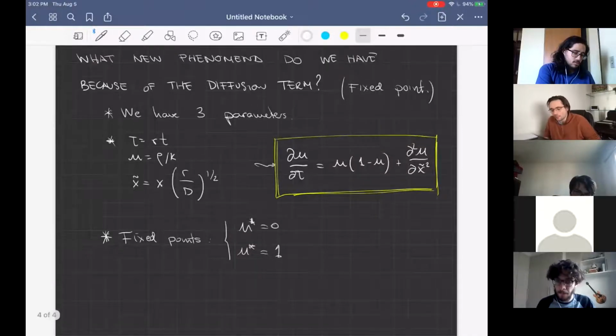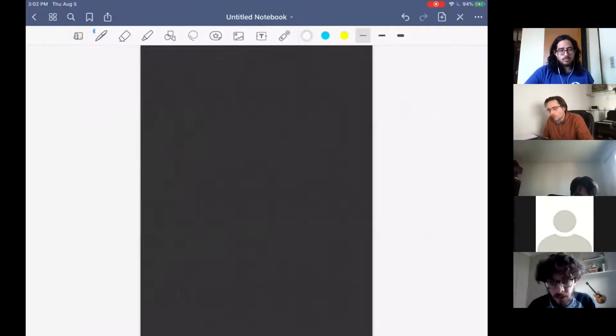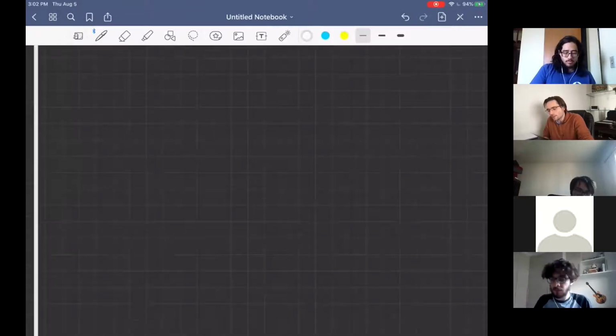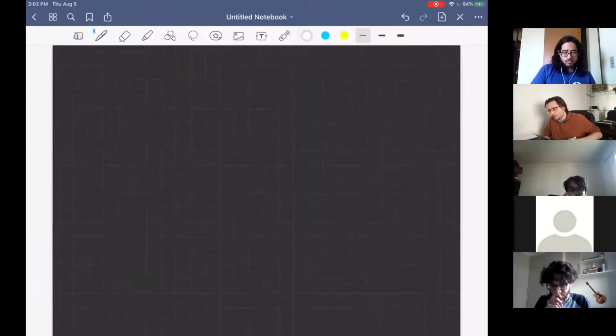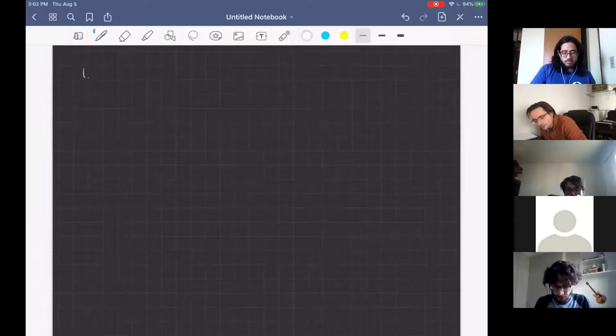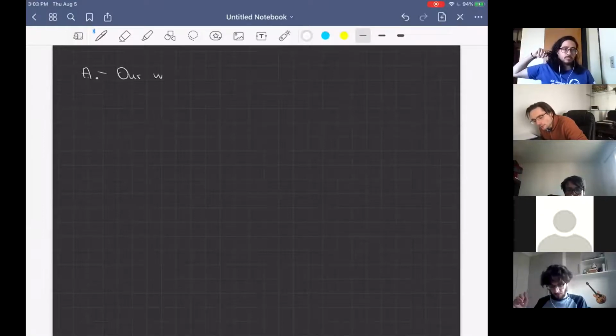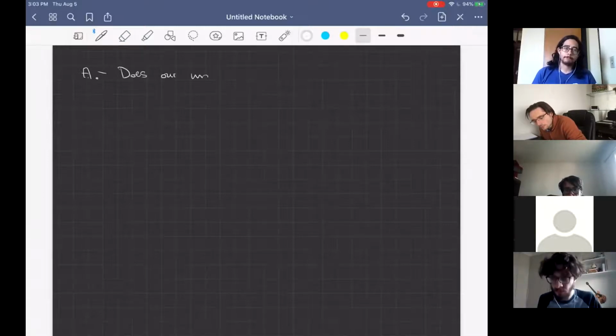So we can now do several things to this model, but now I'm going to guide the discussion a little bit. We go to the new phenomena that we are looking for. The point where I want to go is to see how we can do this. Let's say capital A. We're going to ask if our model, or let's write this like a question: does our model have,